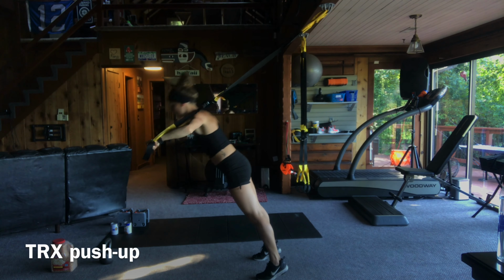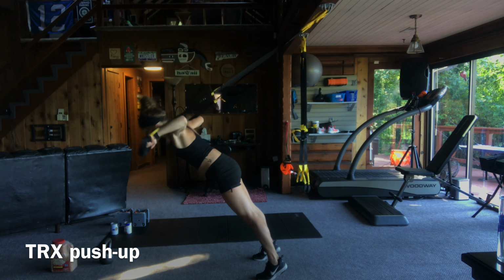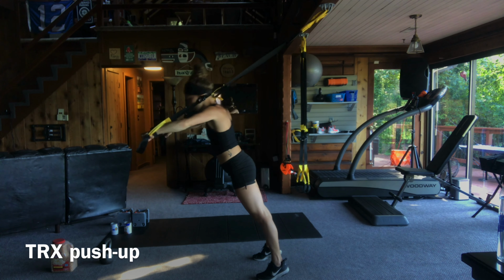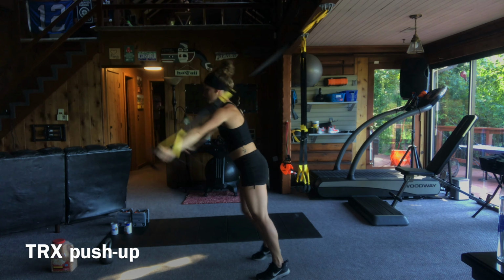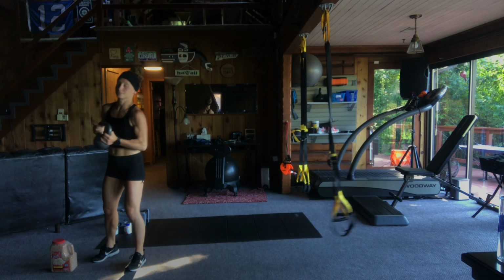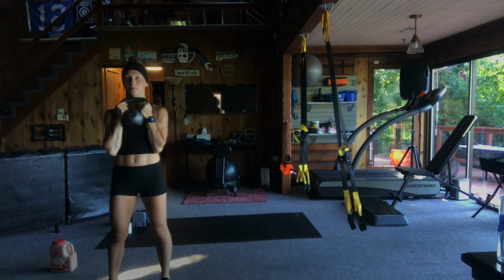You'll notice I'm keeping all my joints in line with one another. There's no break in my hips at all. Everything's engaged, which is why the TRX is awesome. You're using a lot of body parts here, core and glutes, even though you're training mostly arms. Awesome job. Rest time now, so you can head over to your kettlebell or your item with a handle, and